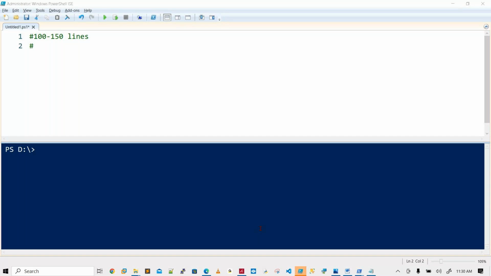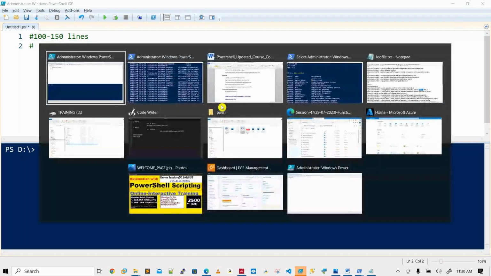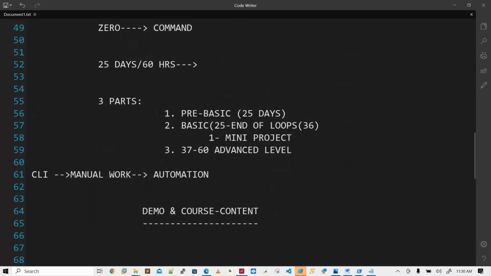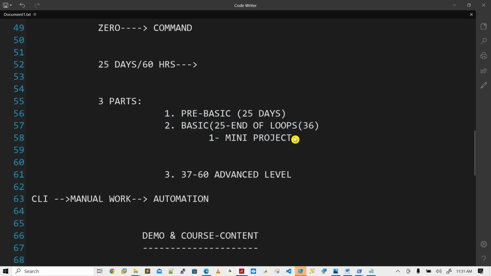Zero to 25 days will give you clarity, and we can do any type of filtration using pre-basics. Next 10 to 12 sessions, we can write the automation script for any type of requirement. Sir, here you will get a perfect picture.